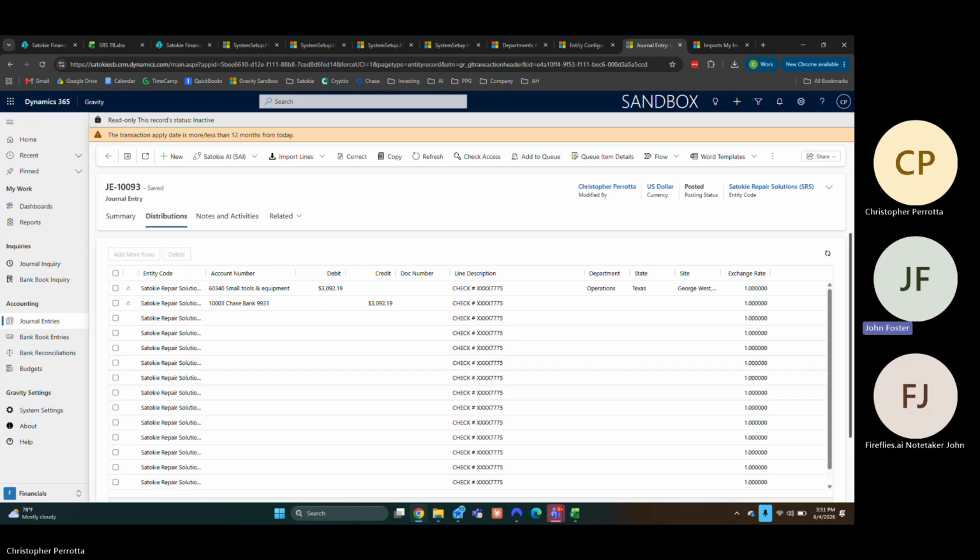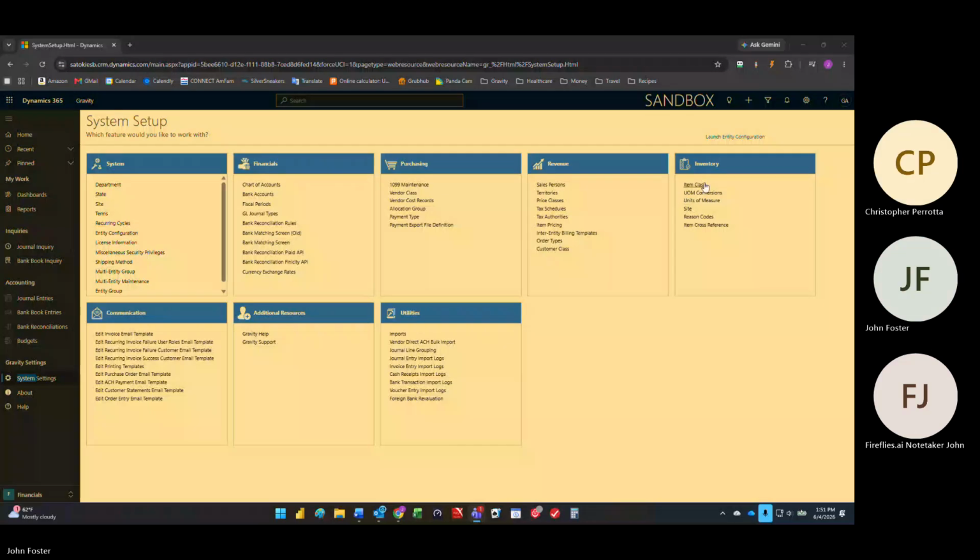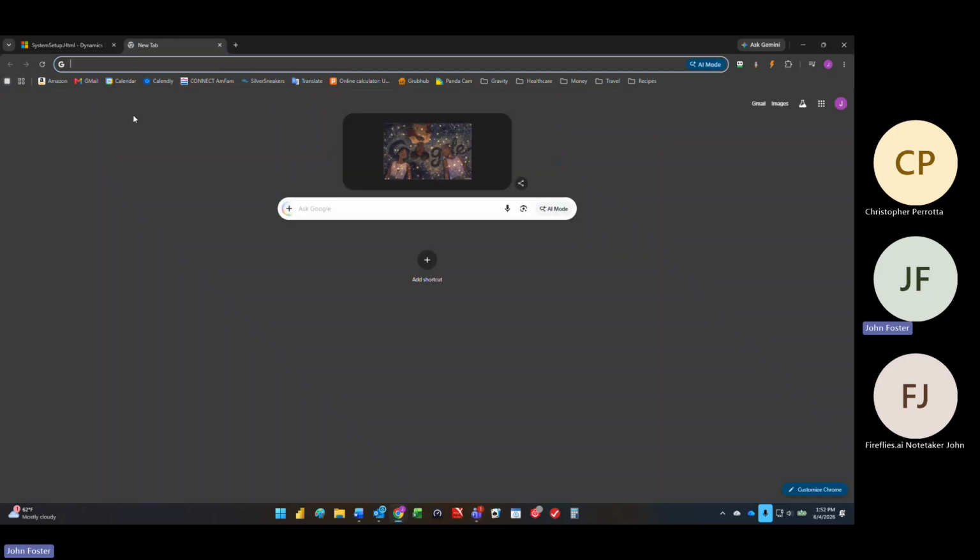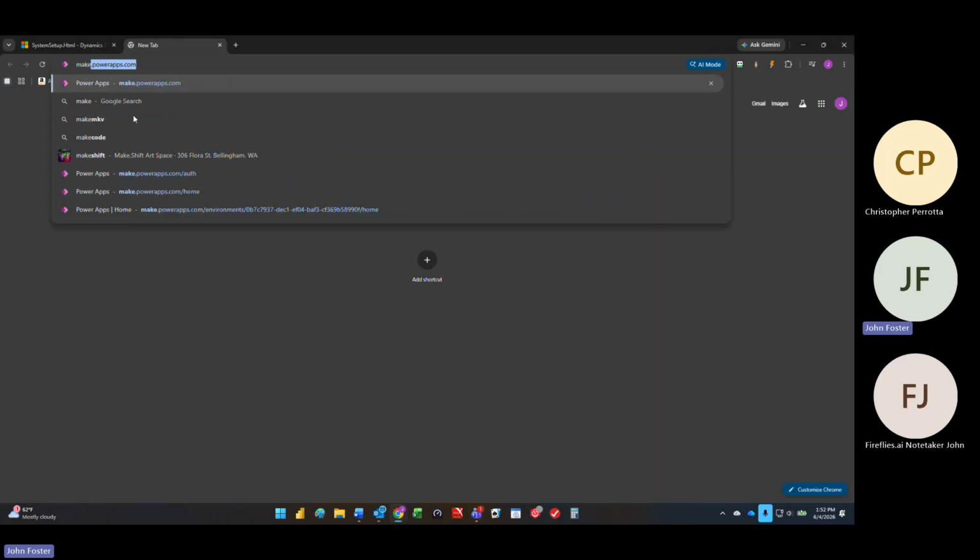I want to show you how to do system views, which are the ones that come with Gravity. In order to, you have to go to the platform. There are two places in the platform. One is the advanced settings, which is kind of the back end platform. The other place we go to is Power Apps, and the site is make dot